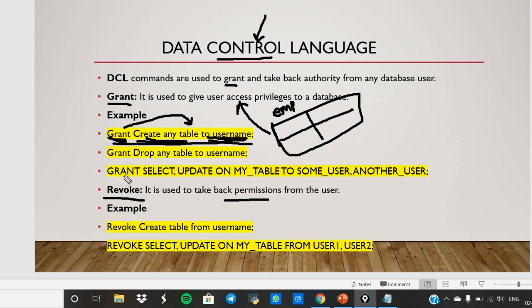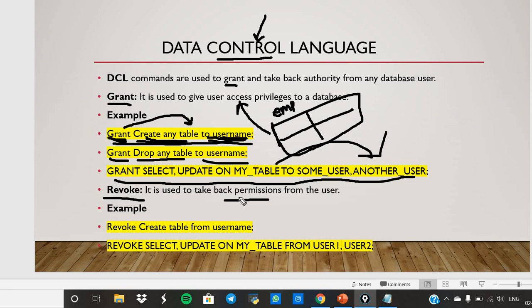If you want to delete, say I don't want this table, then grant drop any table to username. This is one example for grant. If you want to give a table to another user, you can also do it this way.